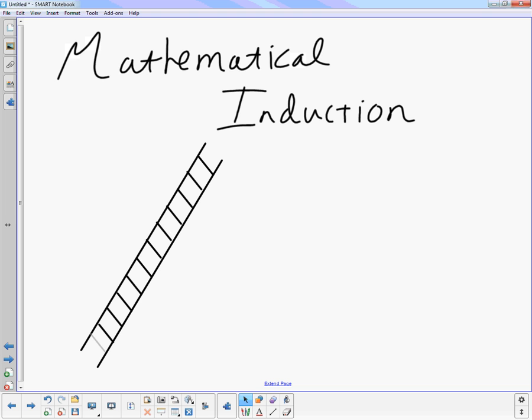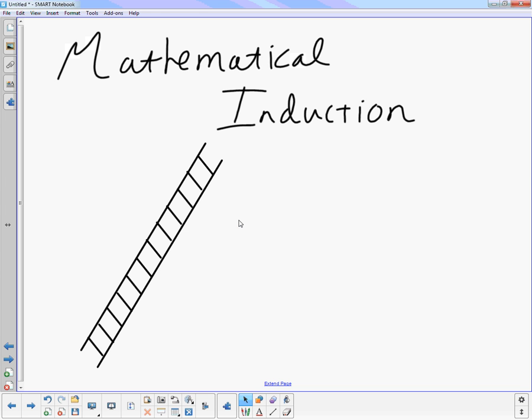The way you can think about it is the concept of a ladder. In order to prove that you can climb up this ladder, you first step on the first rung. And if the first rung holds, wonderful. Then you say, I can take a step, and I climb one step up the ladder. And if you can successfully climb up one step of the ladder, you can induce that you could climb up any step of the ladder